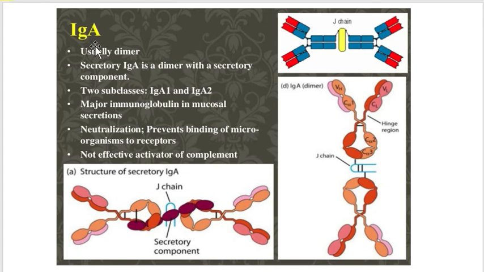So IgA is released in huge quantity in the tears. It is released inside the intestine, and in all the other mucus secretions. Every day, without any antigenic challenge, we produce the highest amount of IgA for our protection. It can prevent binding of microorganisms to receptors. What IgA will do when it is released in the intestine, let's say we have a pathogen which can bind with our intestinal membrane, is not allow it to bind with the intestinal membrane. In turn, it will bind with the pathogen and will lead to its clearance from the body.